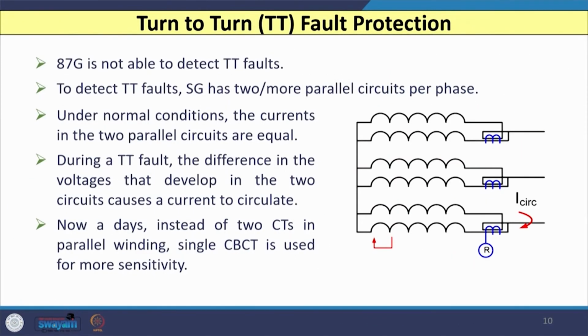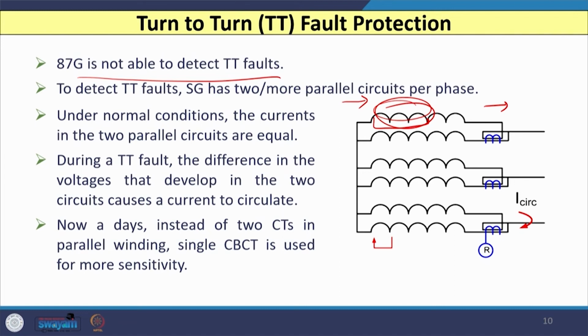But if I go for a turn to turn fault, then our conventional differential relay 87G unit is not capable of detecting these turn to turn faults. The reason is that the differential relay works on the principle of Kirchhoff's current law, so current entering and current leaving are the same, whereas in case of turn to turn faults only a few turns are shorted. So, circulating current is there, but the current entering and current leaving remain the same. That is why this type of turn to turn or interturn fault in the winding is not detected